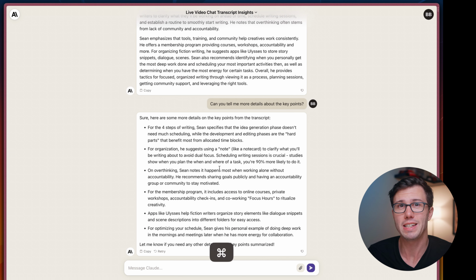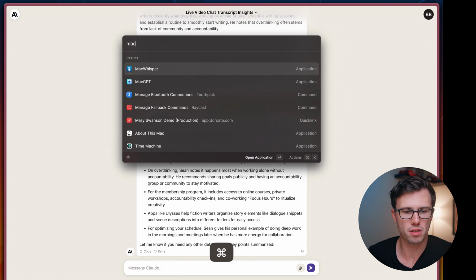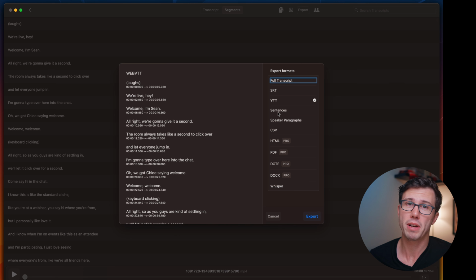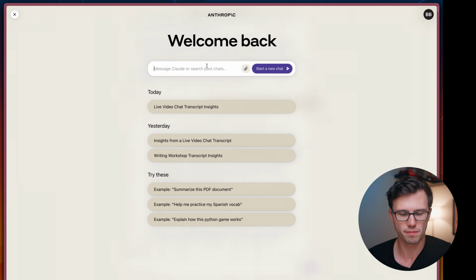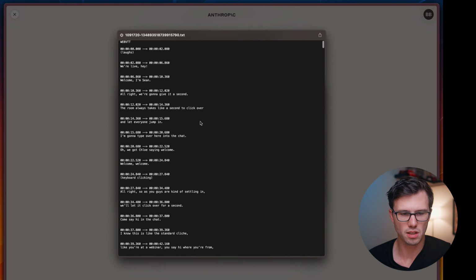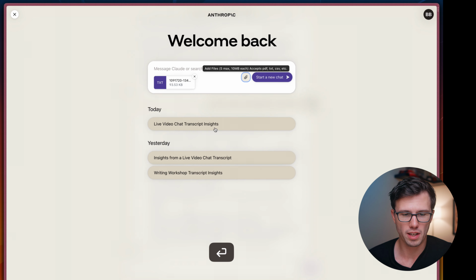So to do that, we need to go get timestamps. So let's go back to MacWhisper, and instead of exporting out speaker paragraphs, we can export out this VTT format, which will have the timestamps to go with each sentence. Let's export that out. Again, I've already done that, and let's pass that over to Claude in a new conversation. Where's my VTT? Yeah, here we go. This is the VTT file. It's going to by default export with a .vtt file format. You just need to rename it. Let's go ahead and open that up.